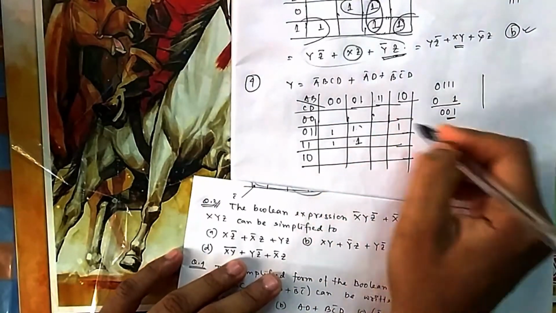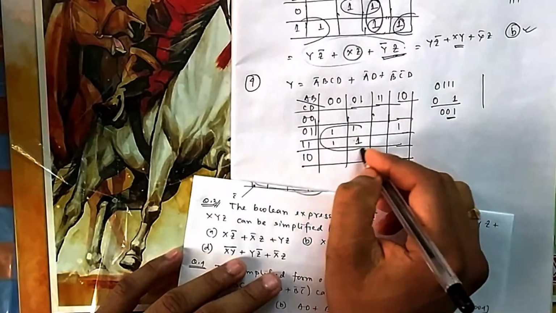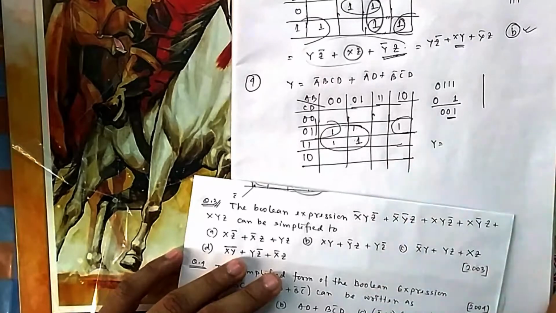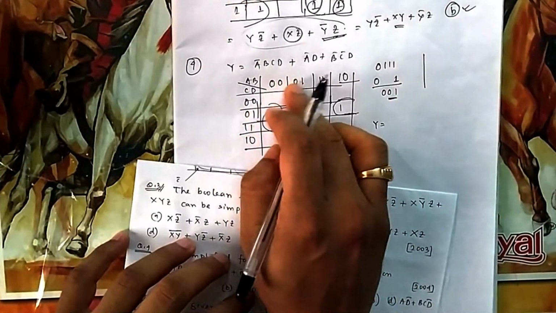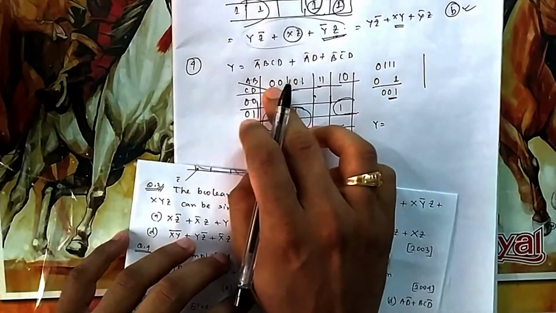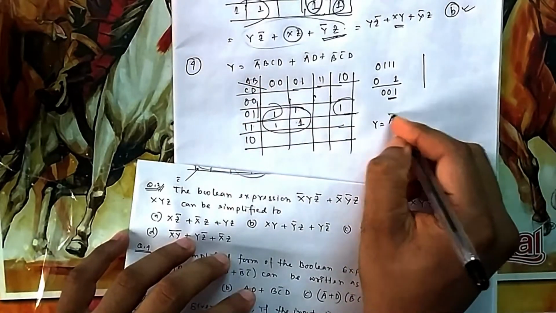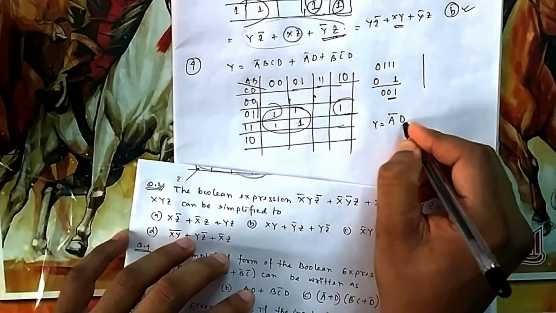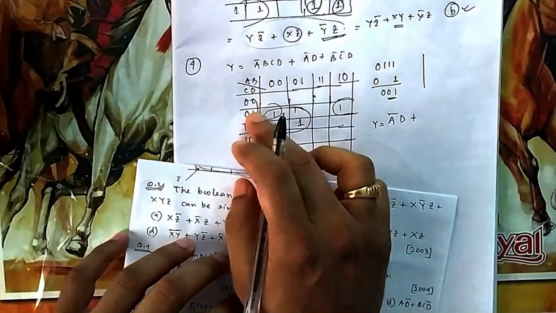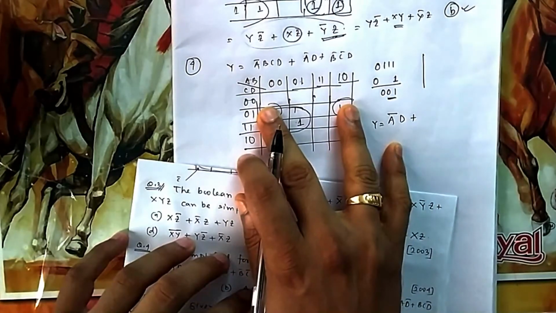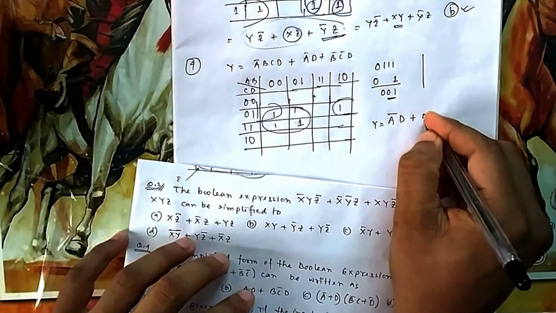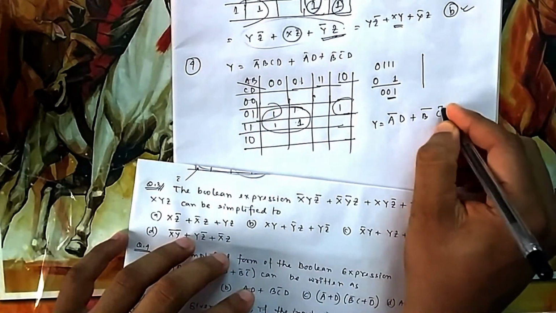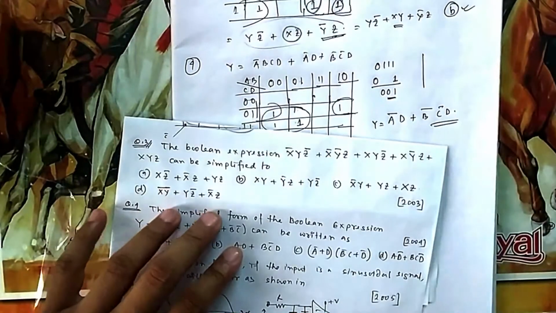So you have now done all this. So this is a quad now, and this is also a pair. So you can simplify this one now. Your Y will be: this is a quad, so which one is not changing out of these two? 0 is not changing, that is for A, so it is A bar. And which one is not changing here? D. So A bar D plus. In this pair, which one is not changing? B bar is not changing, that is 0. So B bar. And here this 0 1 is not changing, 0 is your C bar, and D. So this is your simplified version.